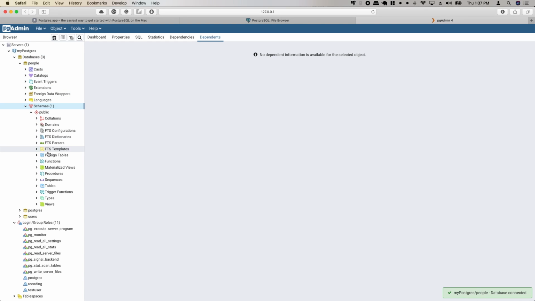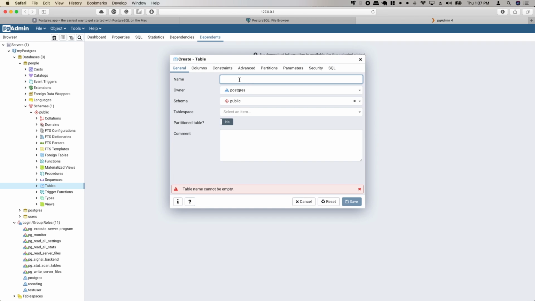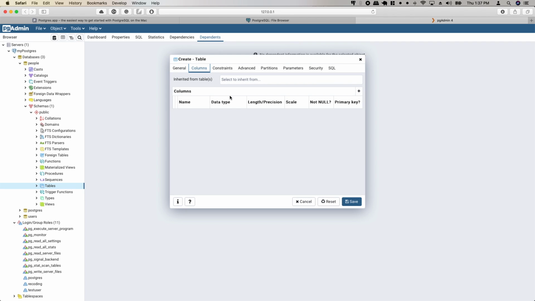Then inside the schema section, inside tables, we need to right click on that, then create a table. Inside the table, we need to type the table name. Then inside the column section, we need to create some columns to accept data.